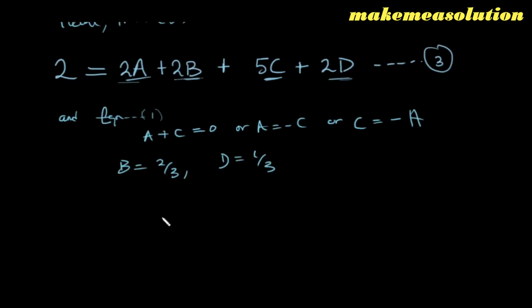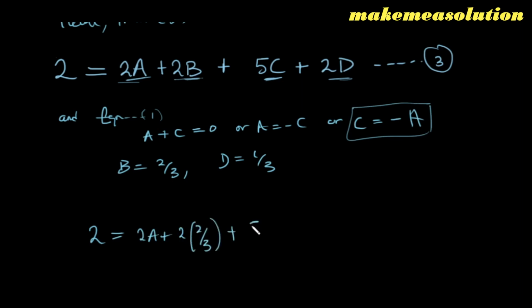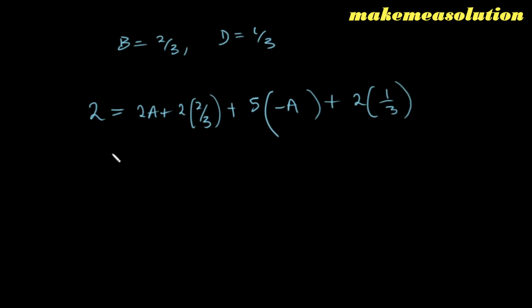So what we are going to do is substitute all this. Let's say we replace c with minus a. So you have 2 is equal to 2a plus 2b, that's 2 into 2 over 3, and plus 5c, that's 5 into minus a, and plus 2d, 2 into 1 over 3. So at the end of the day, 2 is equal to 2a, then you have minus 5a, then you have plus 4 over 3, then you have plus